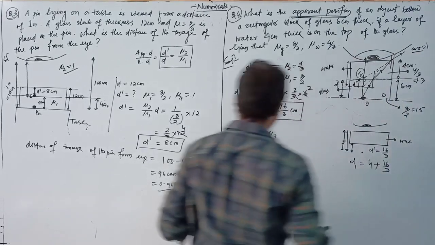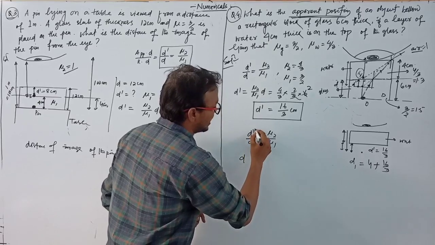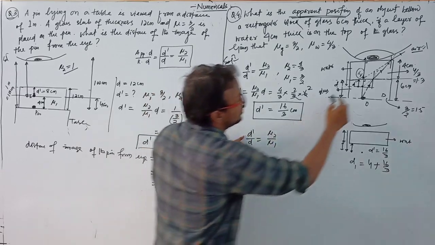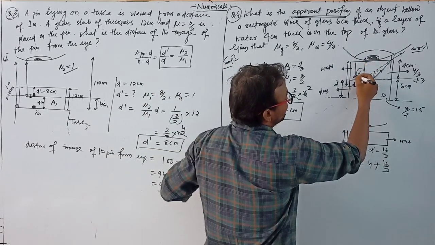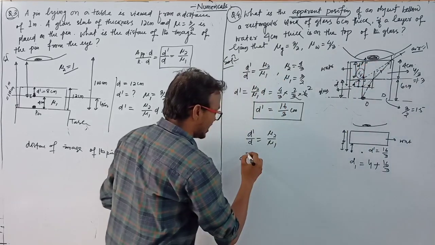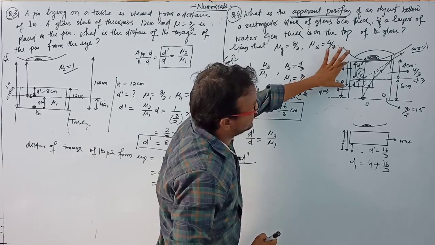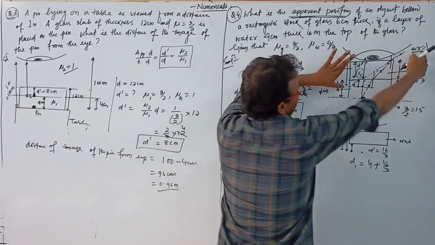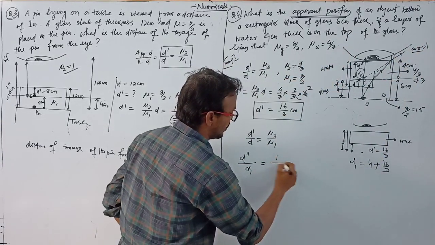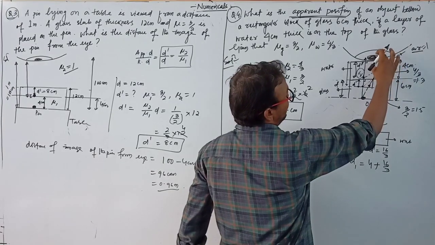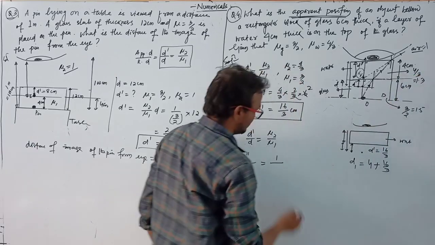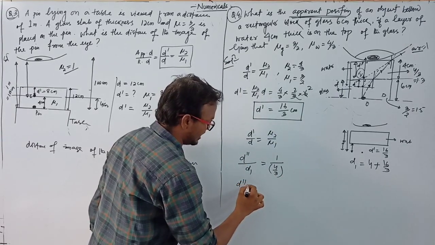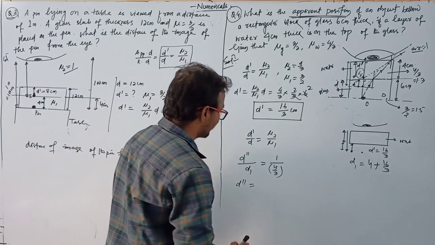This final image is equal to I. Clear? So if we use this concept here, d dash equals, sorry, you can write this as d double dash. Here d dash by d equals mu 2 by mu 1. If we take this distance as d double dash, then we can write d double dash by d. d means this distance, the real depth, and the real depth here is d1. We can write d1, which is equal to mu 2, the medium in which the refracted ray is traveling, for air medium 1, by mu 1, the incident ray. If we compare to this surface, then the incident ray is traveling in water medium of refractive index 4 by 3. Clear? So we have to find the value of d double dash, which is equal to